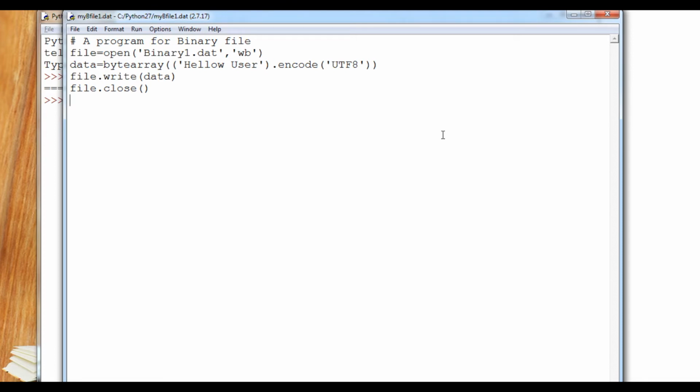Now I'm going to transfer another data, for example writing different data. Suppose my list is 1 2 3 4 5, whatever.